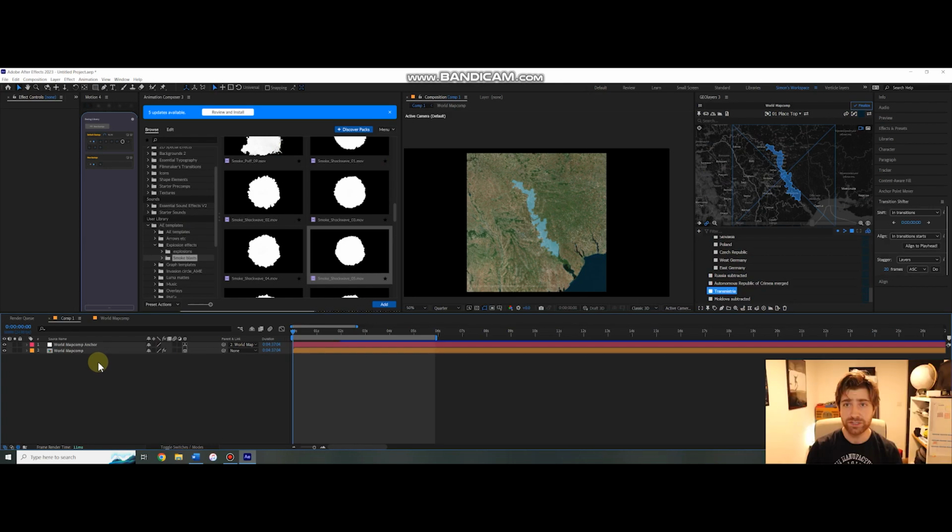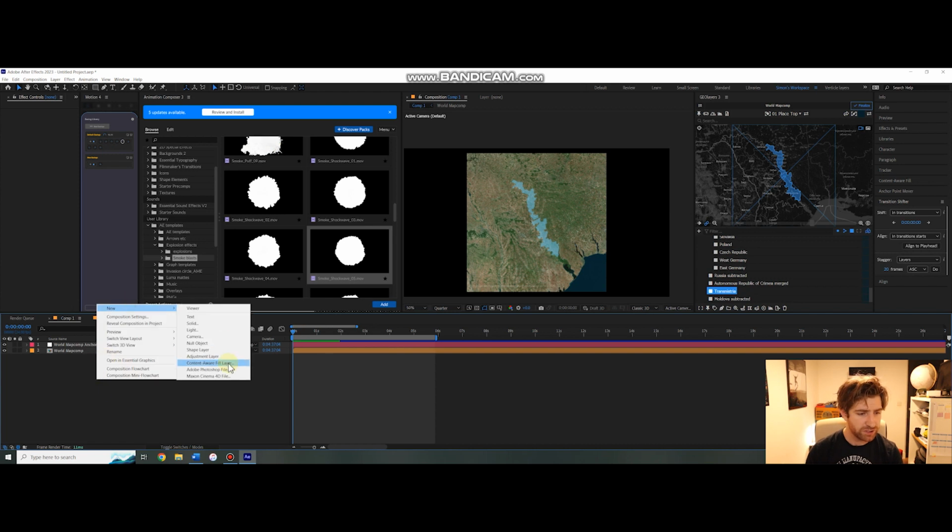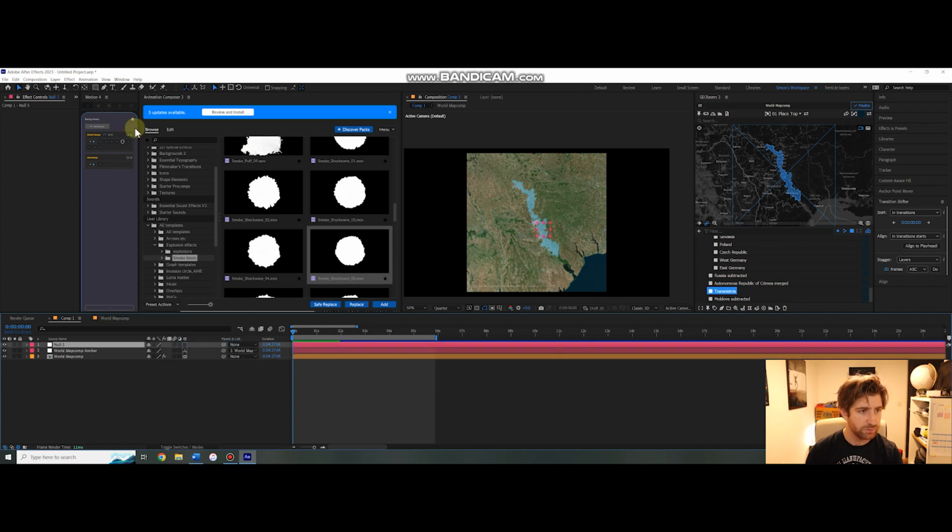Okay, so I'm going to be using this paid plugin called Handycam. You don't need to use Handycam. What Handycam basically does is it's a simplification of the camera effects that already exist within After Effects. Now for those that do have Handycam, what we're going to do is create a new null object,